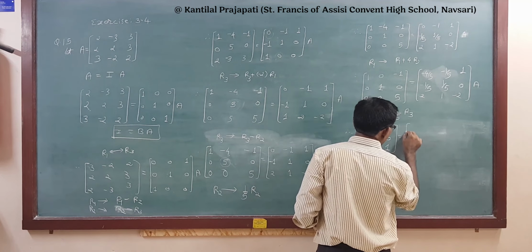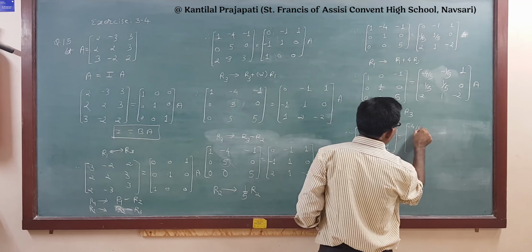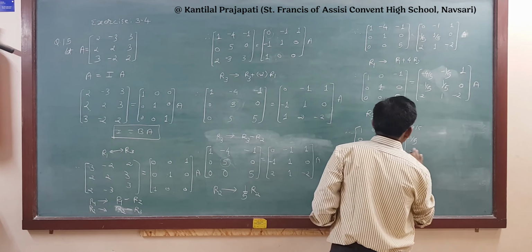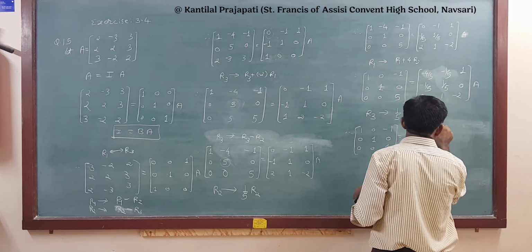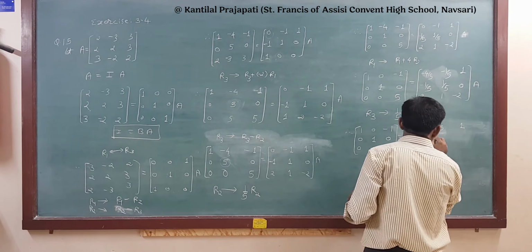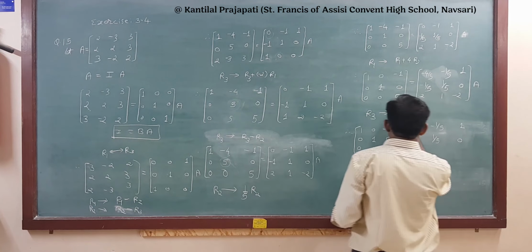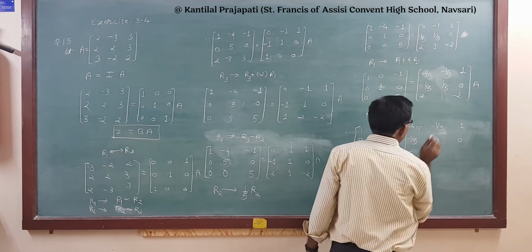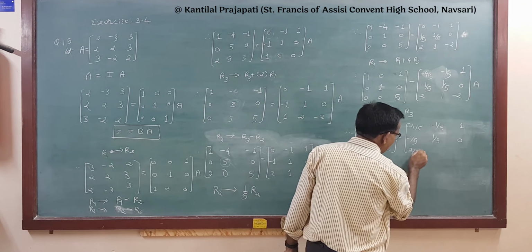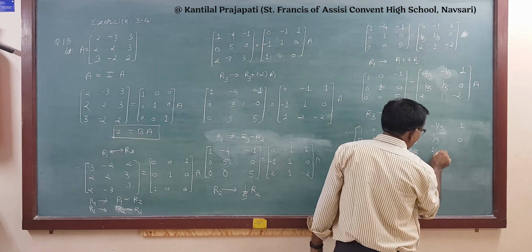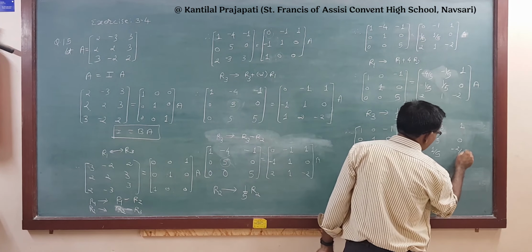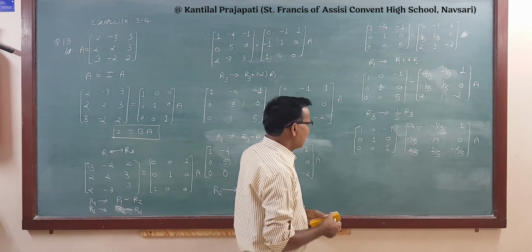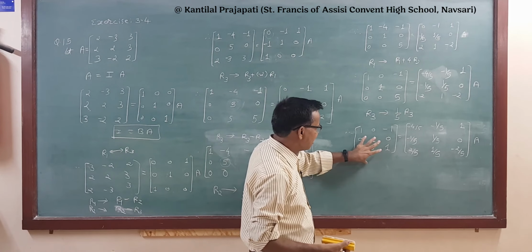So here we get minus 4 by 5, minus 1 by 5, and 2 by, sorry, the first two rows we write first, minus 1 by 5, 1, 1 by 5, 0. The first two rows are the same, only the third row will be changed here by applying this notation, so each element is divided by 5. So you get 2 by 5, 1 by 5, and minus 2 by 5 into E. Right. Now only 1 0 is required to get the identity matrix here.